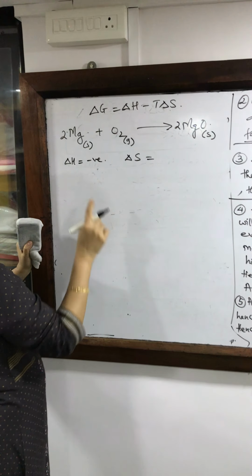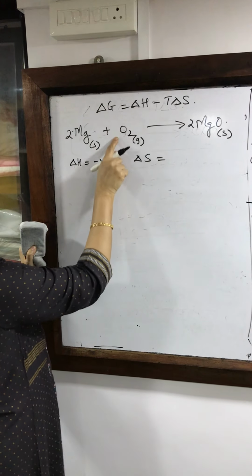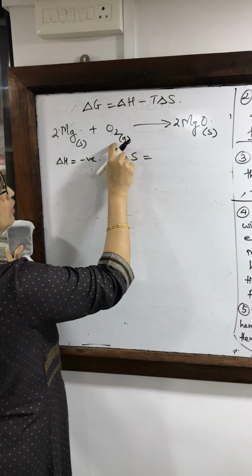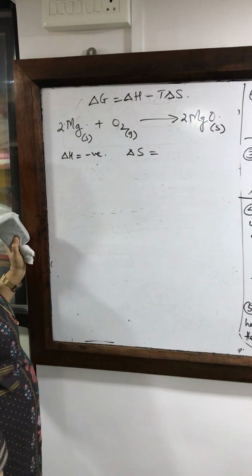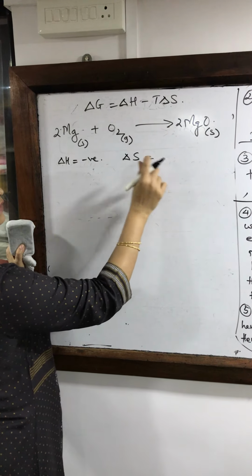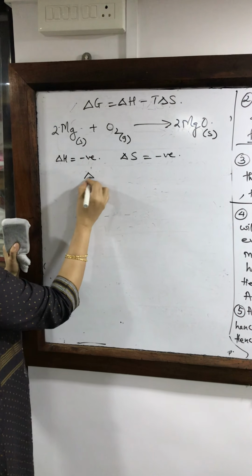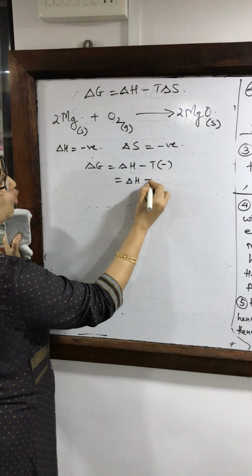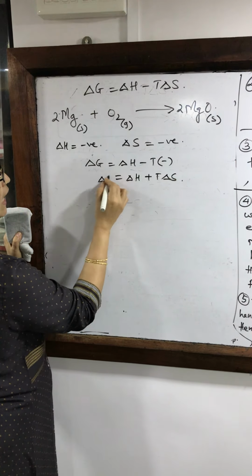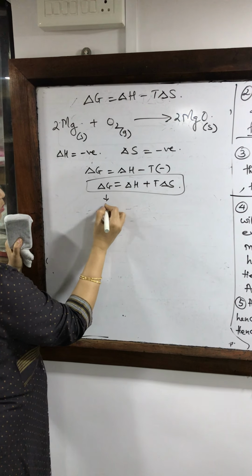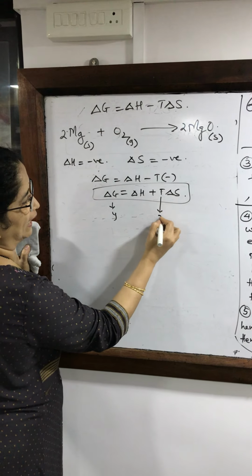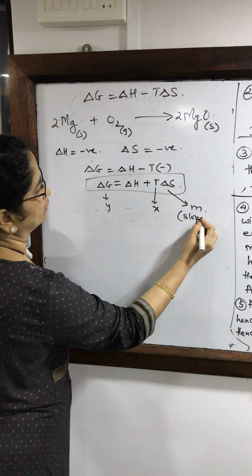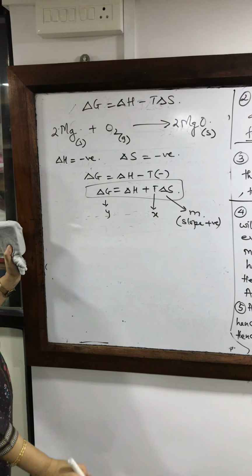Delta S value, in this case 1 mole of gaseous reactant is giving a solid. So delta S is becoming less because gaseous reactants are becoming solid products. Therefore delta S will decrease, it is negative. And if I substitute this negative value here, then this becomes positive T delta S, and that is what we said, that here this is plotted on the y-axis, this is plotted on the x-axis, the slope is positive and the graph is in the upward direction.